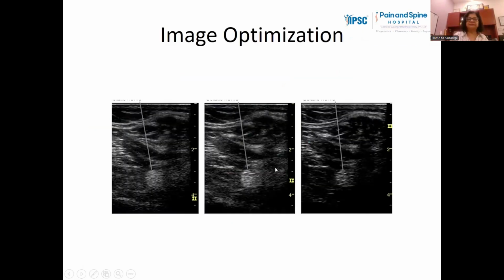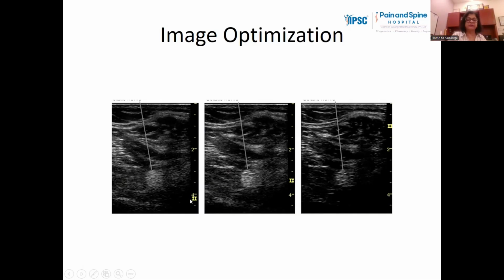The second thing is, we again have three structures. See, this is a target area. Which target area can you see the best? Of course, the middle one. Why? Because this is the focus. Just like a mobile camera, if you focus on something, you get the best image out of it. The same happens in the ultrasound.